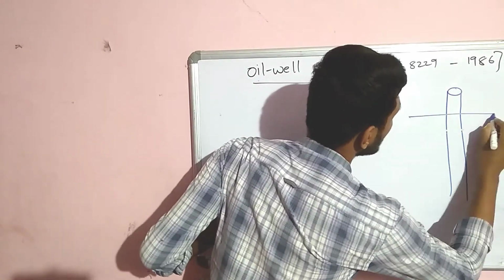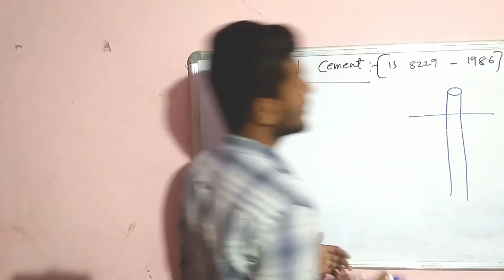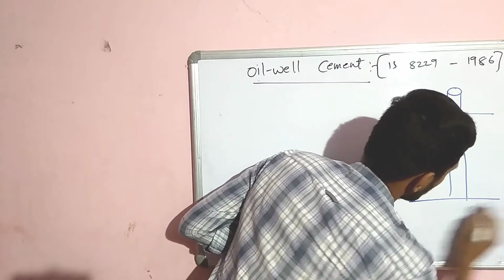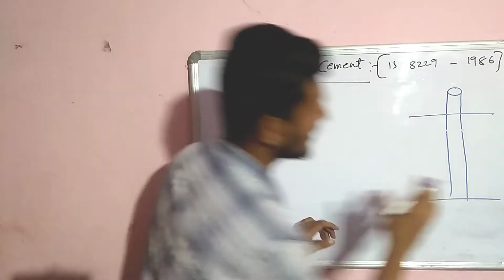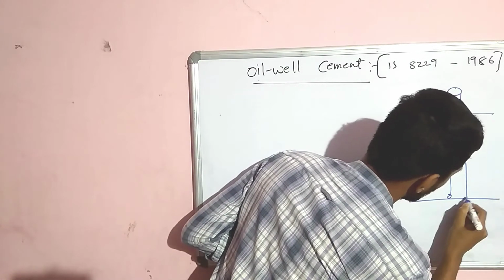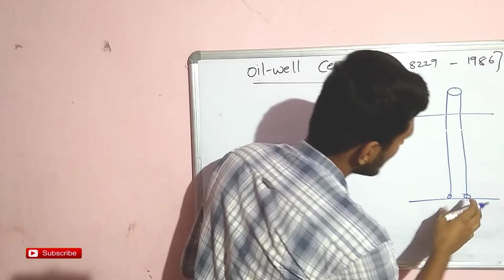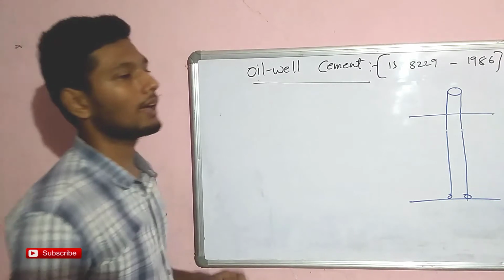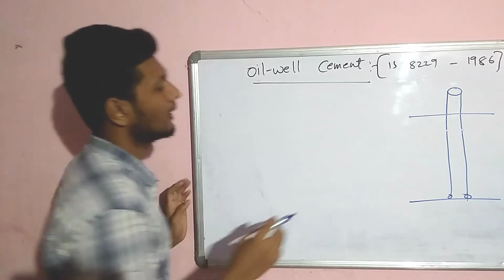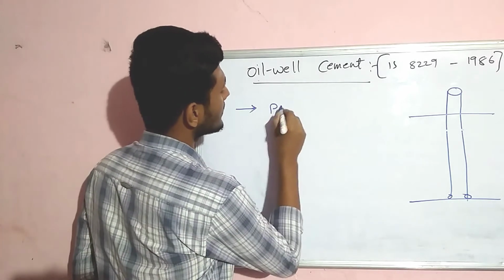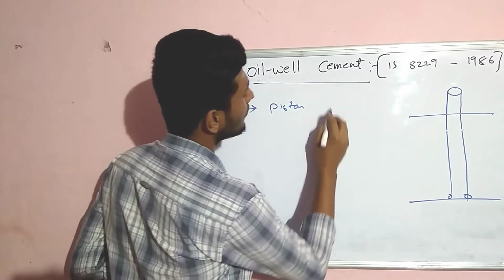Oil well cement. This oil well cement is generally used when we go for the extraction of oils or any gas products. We use this oil well cement when it reaches the rocky strata, to fill the space between the casing and the rocky strata. This type of cement is used as a grout material, and it is applied with pistons at a pressure of